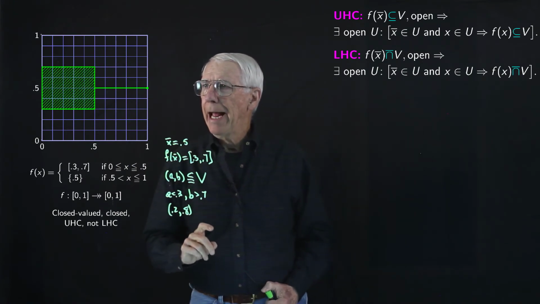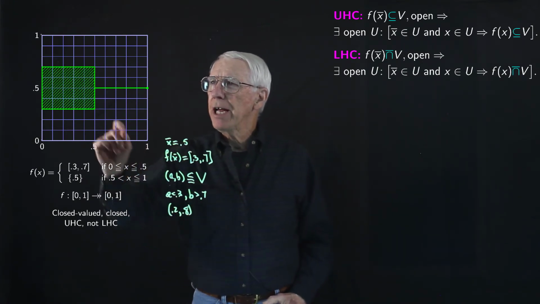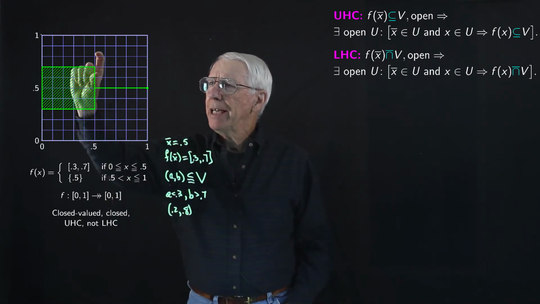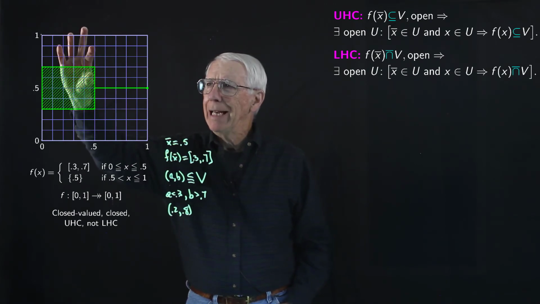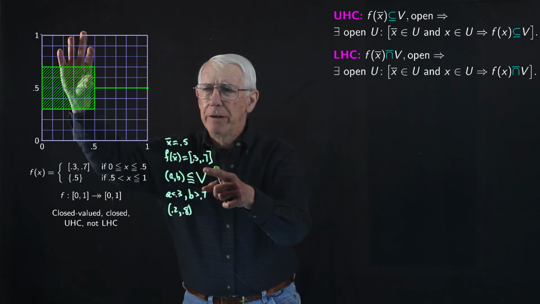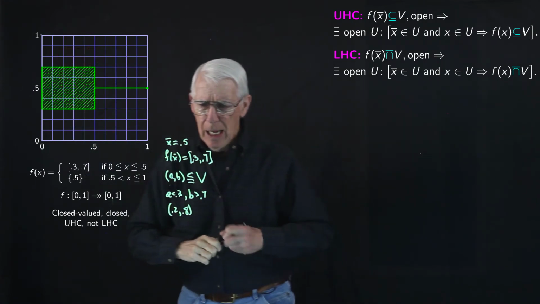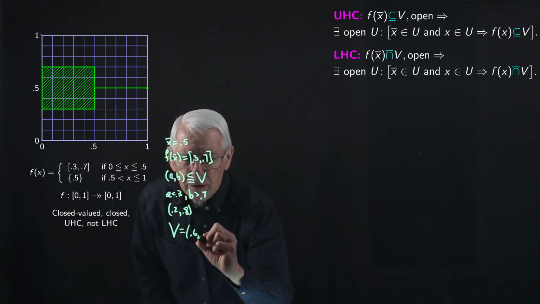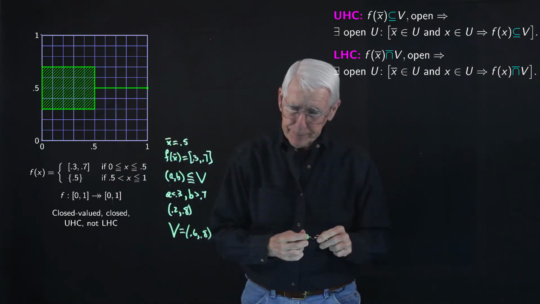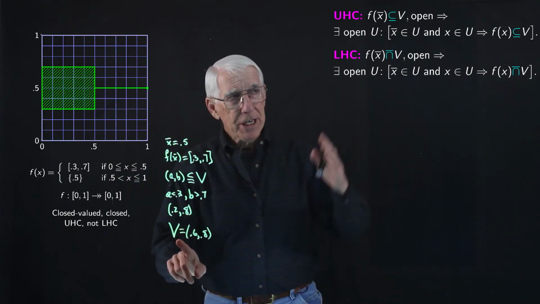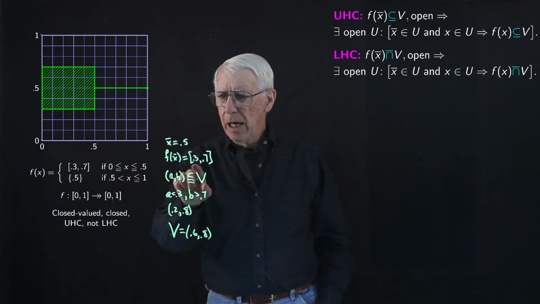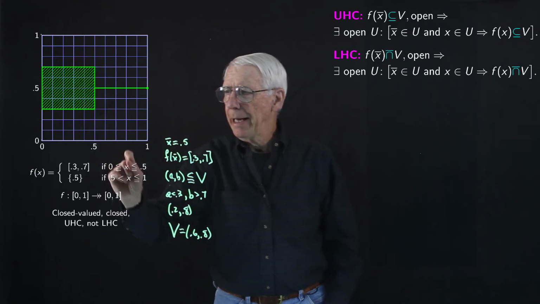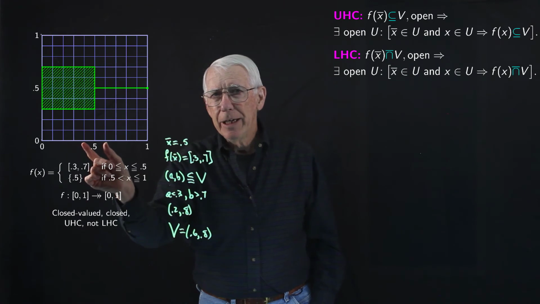So we need to take an open set V, and let's say, for example, an open set V that goes from 0.6 up to 0.8. So it intersects with the closed interval 0.3, 0.7. And so let's actually do that. Let's suppose that V is the open interval from 0.6 to 0.8. That open set V intersects with the image, the closed interval from 0.3 to 0.7,